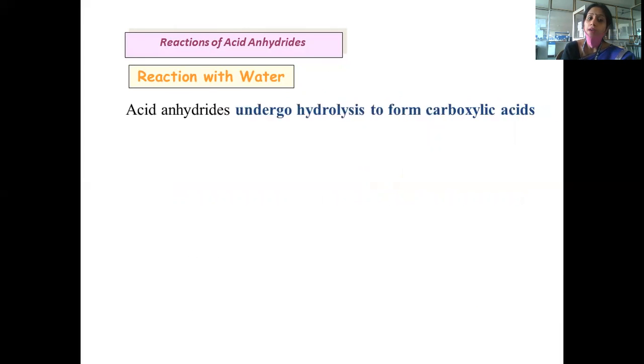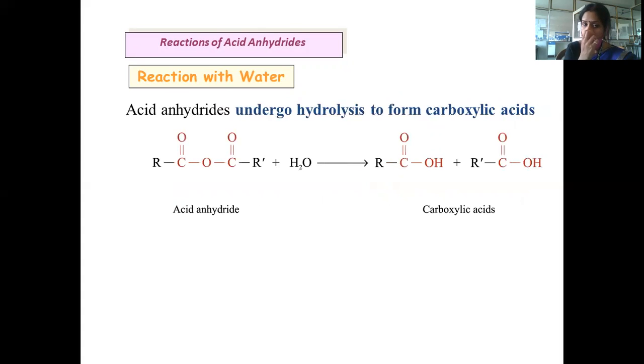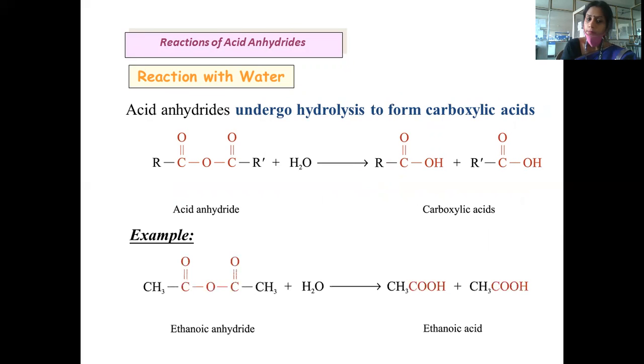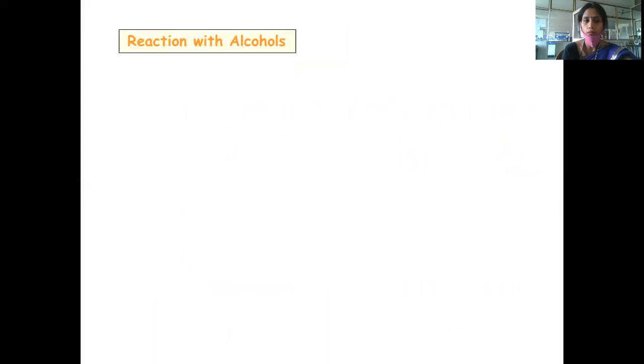Next is the reaction of acid anhydrides. So acid anhydrides, when they get hydrolyzed, break down to form carboxylic acid, and like 2 kinds of carboxylic acid depending on the type of the alkyl groups. So if both the groups are symmetrical, like the same groups, then 2 moles of the same acid will be formed.